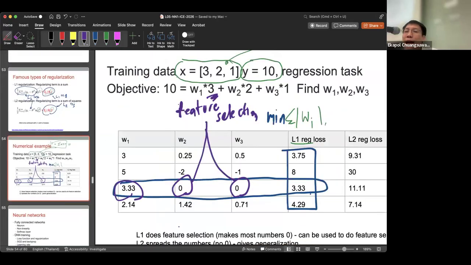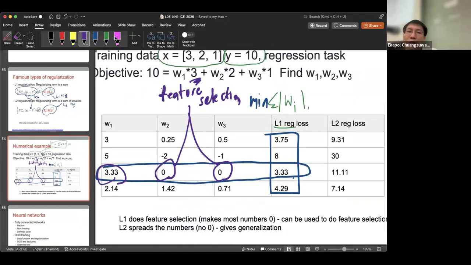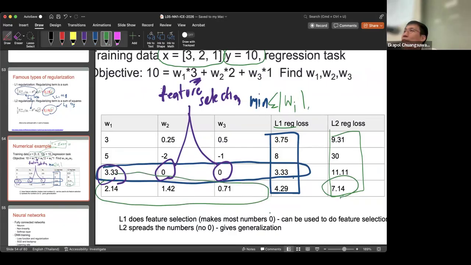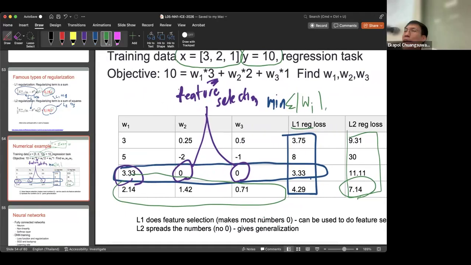What about L2? Which one is the least? Is it here or this one, right? So this is L2 regularization. What's special about L2? If you look at the numbers,